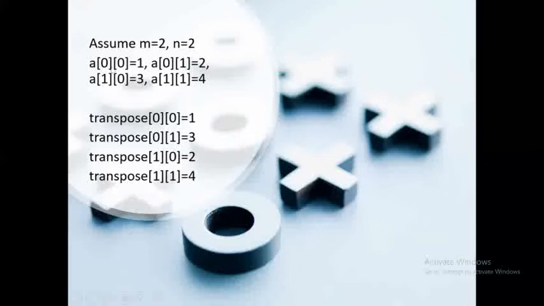Okay, here you are assuming two rows and two columns. First thing, zeroth row, zeroth column, I am initializing the value 1. Zeroth row, first column, I am initializing the value 2. First row, zeroth column, I am initializing the value 3. First row, first column, I am initializing the value 4. Totally 4 values I am initializing, since two rows and two columns. Only the first matrix, that is what here I took the first matrix variable, that is A only. Here you need not require the second matrix.